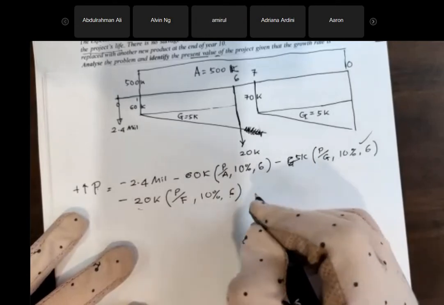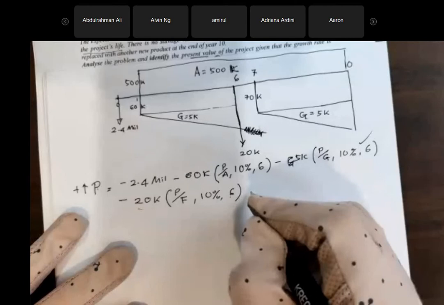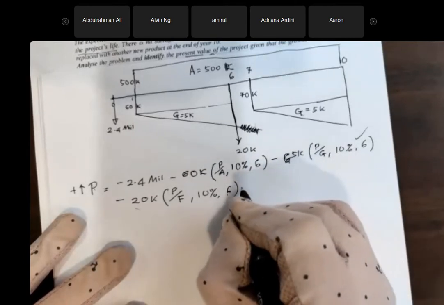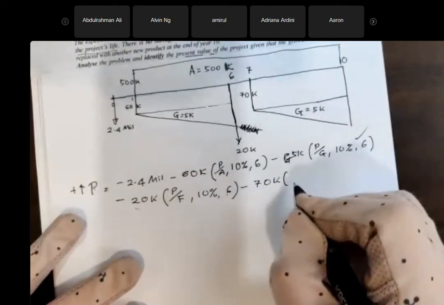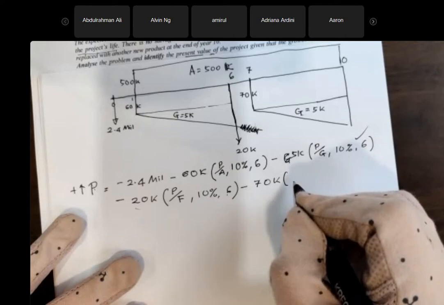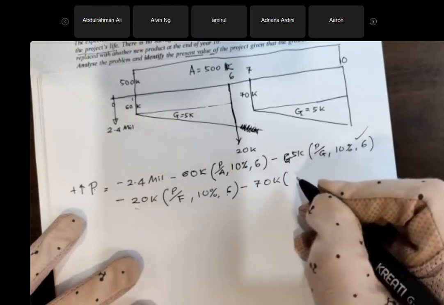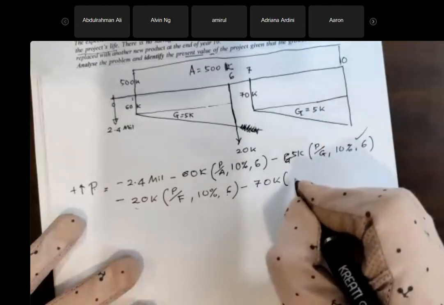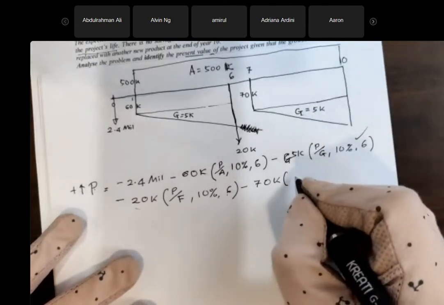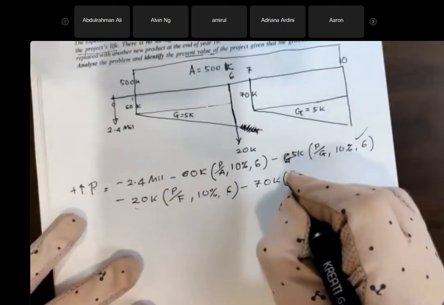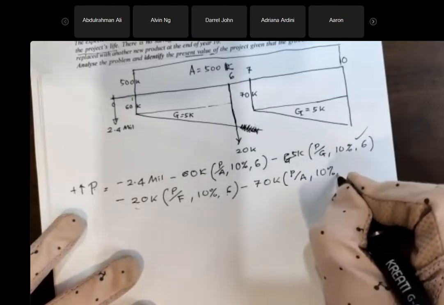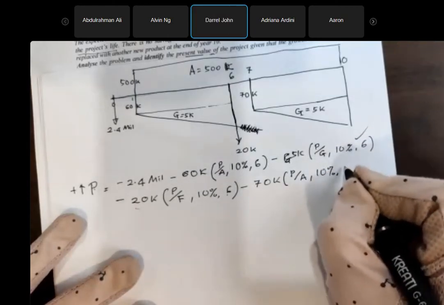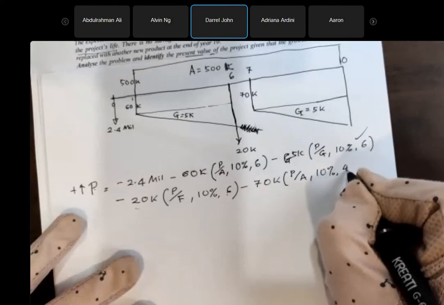70K. P over A, 10%. 4 years. Right, good. 4. Then